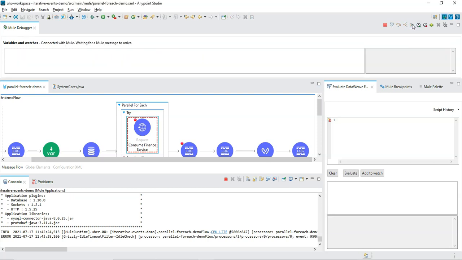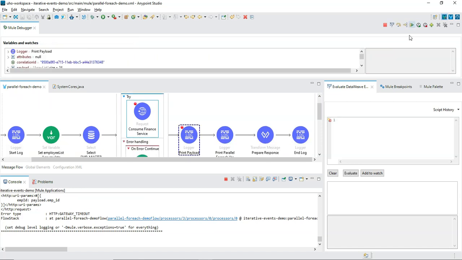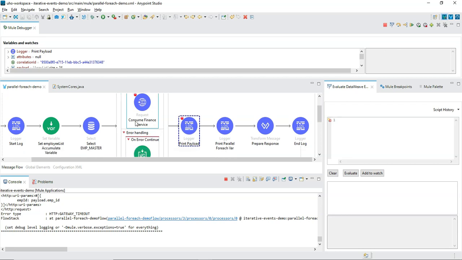Now the remaining calls were failing and the process execution has not terminated and continued further, since we are handling each error at the component level itself and asking to continue, such that it continued to the next.